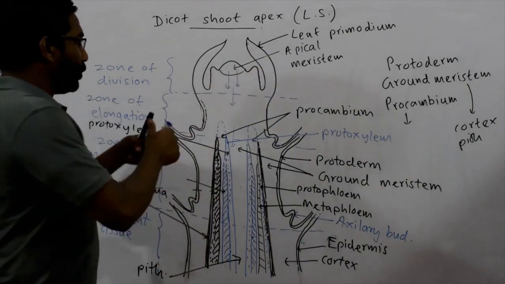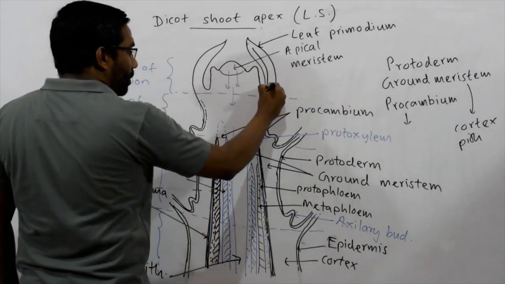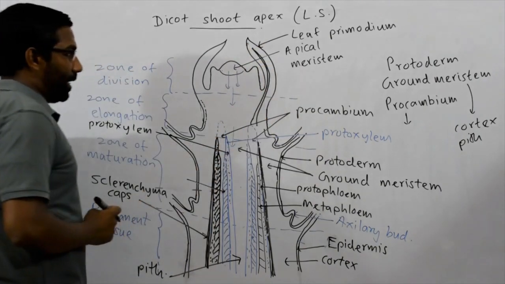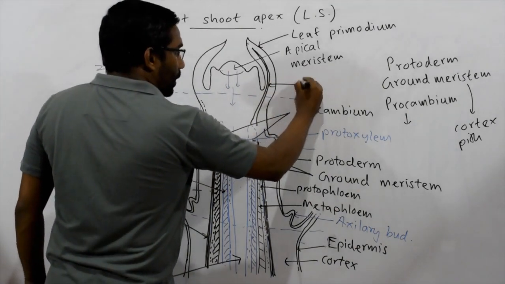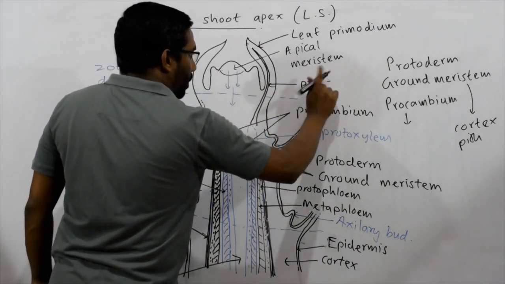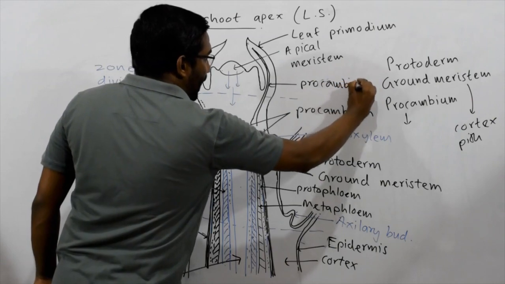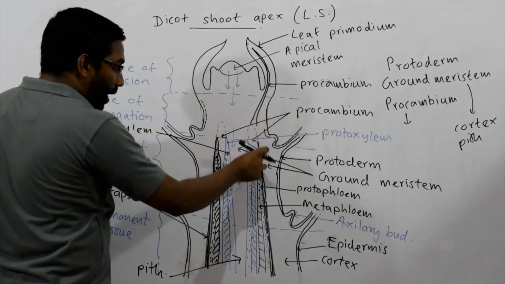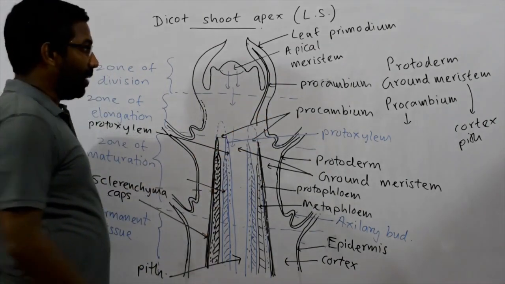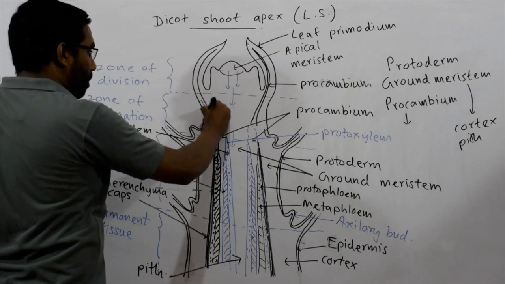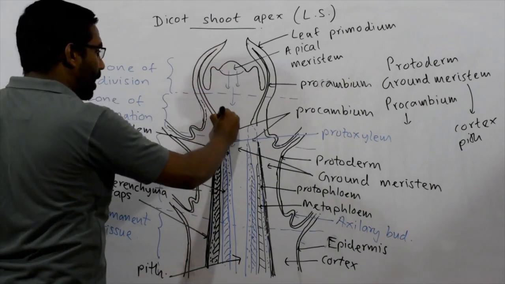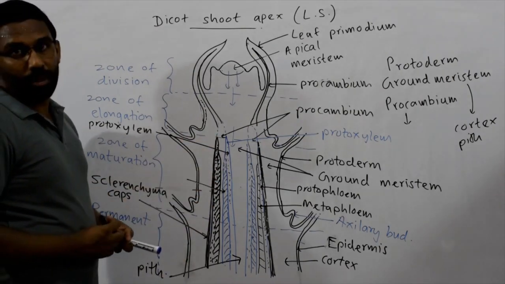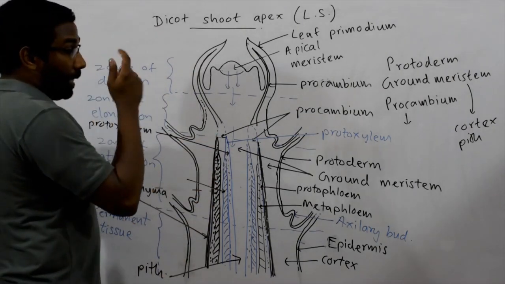Within the leaf primordia also, here in the middle, there are procambial strands. Imagine this is a procambium, found inside the leaf primordium. So this procambial strand found inside the leaf primordium continues with the procambium of the stem. Remember that. Those procambial strands continue with the procambial strands found inside the stem. So remember that. It is indicated in your note.